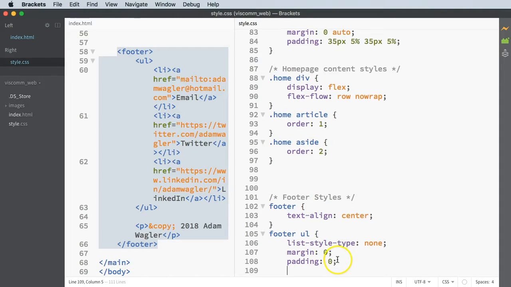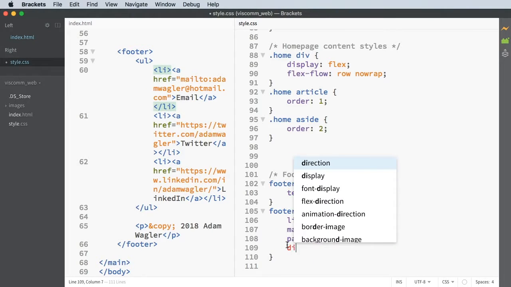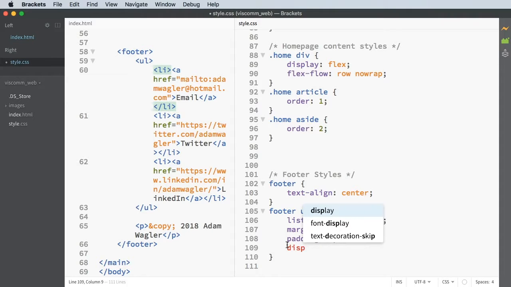Okay. The next thing we need to do is add in the flex part, because right now everything is stacked on top of each other. So we're going to use the unordered list as our container, and we can use the list items as our items, but we should be good with just the container. So we're going to do display flex,